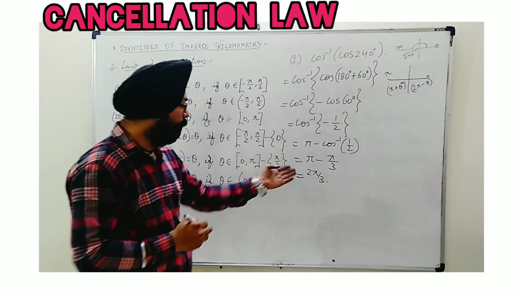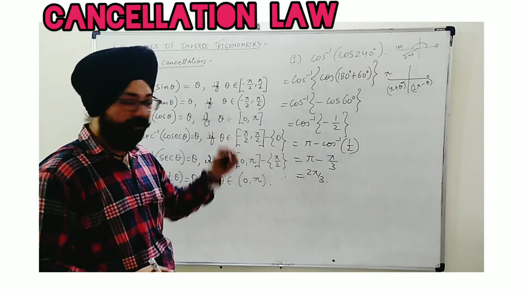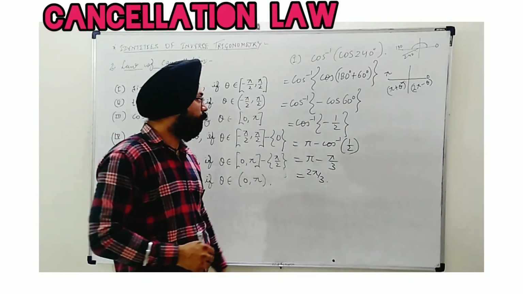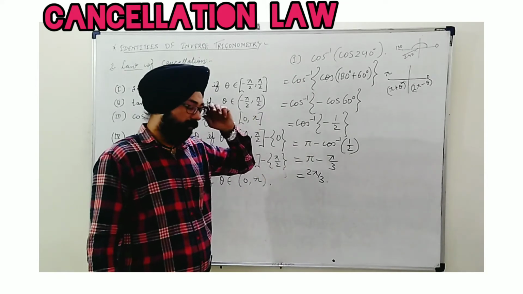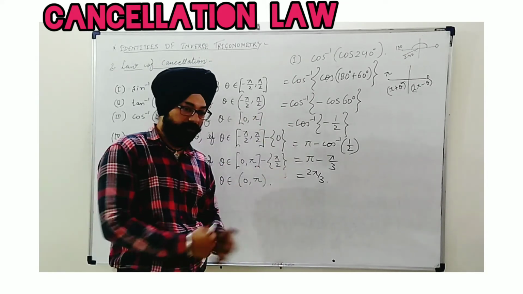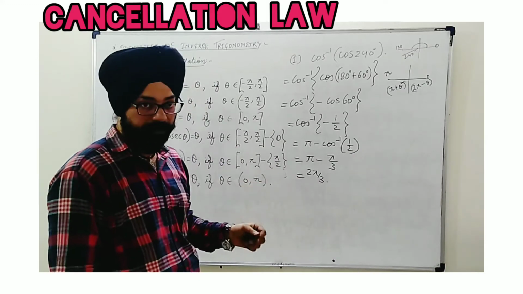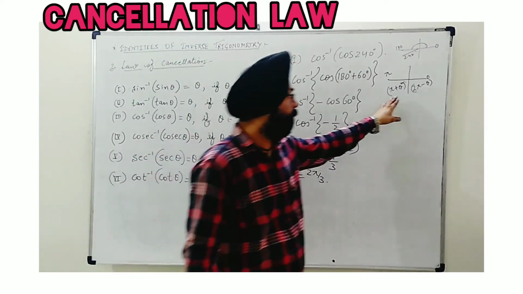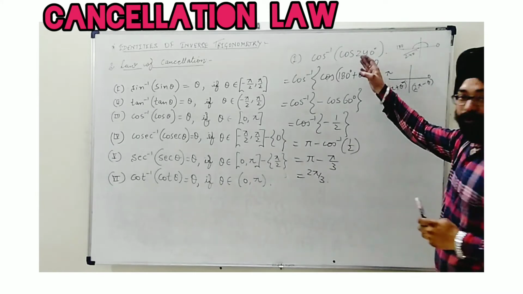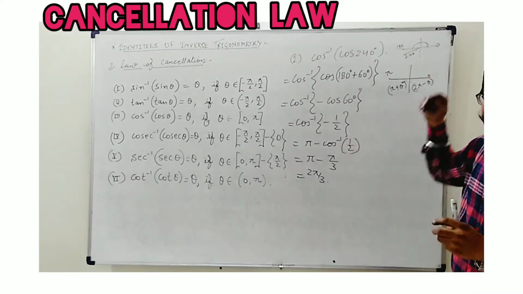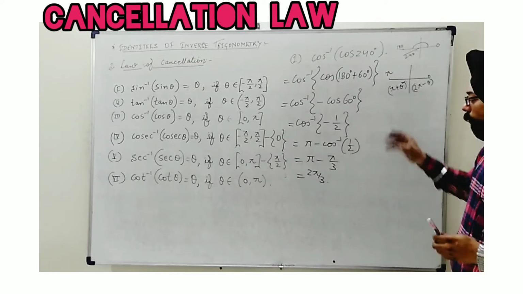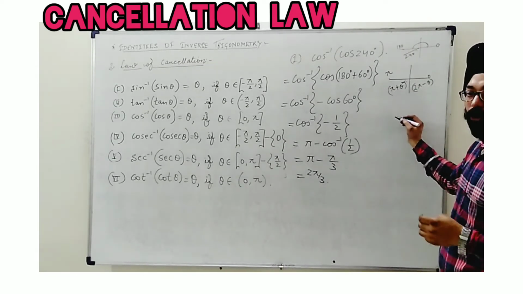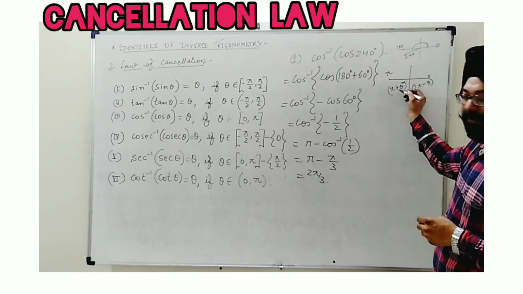Now you can see this is the principal value. It belongs to the principal branch 0 to pi. So this is the result of the given expression. We have simplified it and got a value belonging to the interval. By the way, I was talking about these two: in such equations, when you apply this cancellation law and some value is beyond the interval, we need to apply these two. In short, here we have to take them with cos, sec and cot.